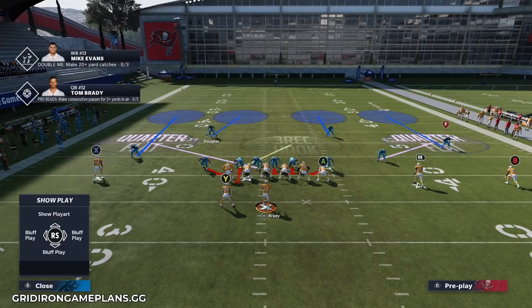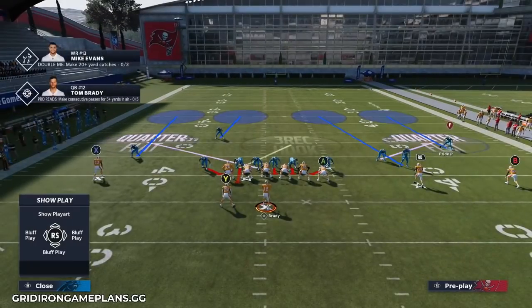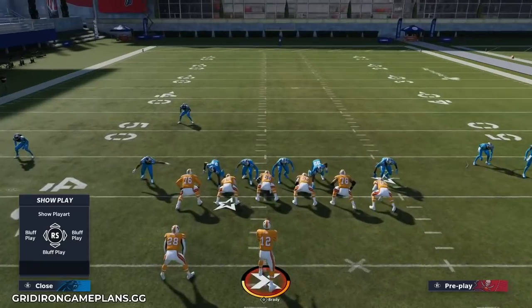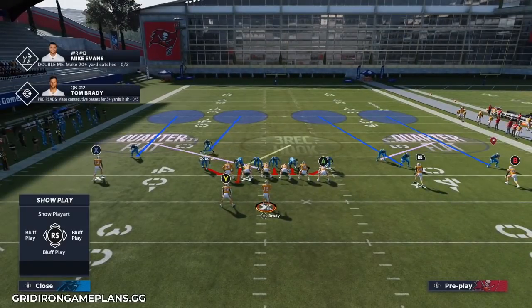Now, this player right here, Douglas, he is responsible for getting over, because if you think about it, Thomas Oliver is responsible for this guy. You have Pride responsible for this guy. The tight end doesn't have anybody on him yet, right? So this guy on the weak side quarter is technically responsible for the tight end if he goes vertical. This gives all 4 of those options, with the exception of the running back, somebody to play them man-to-man